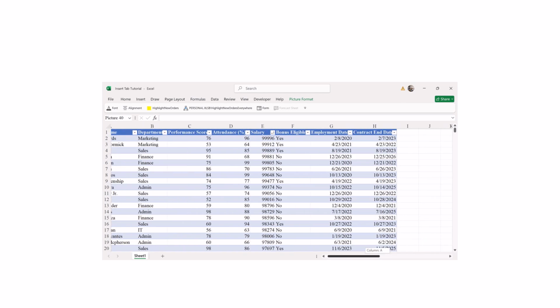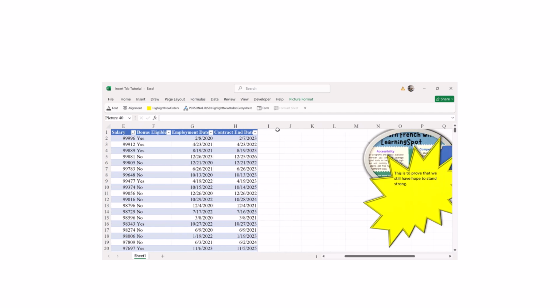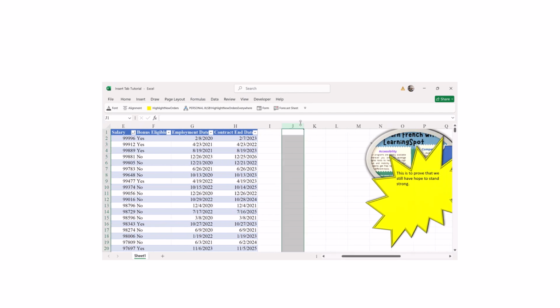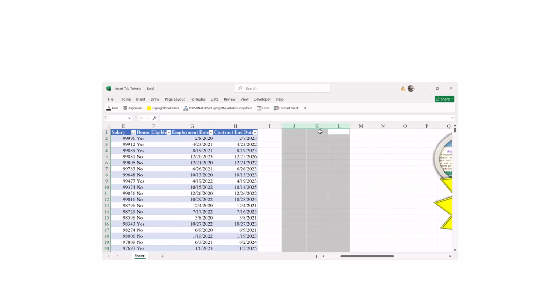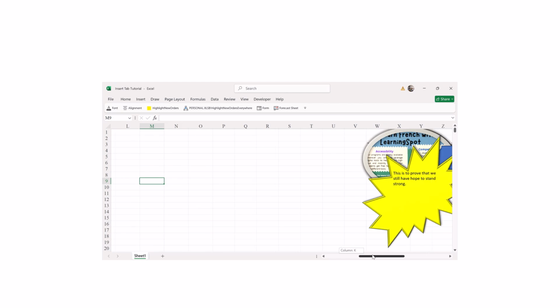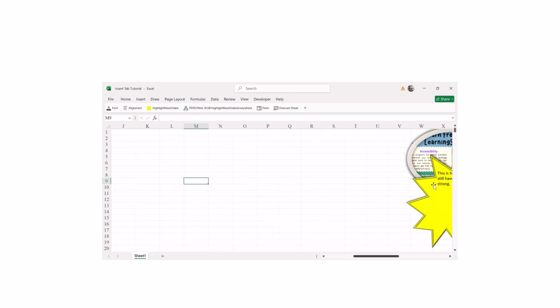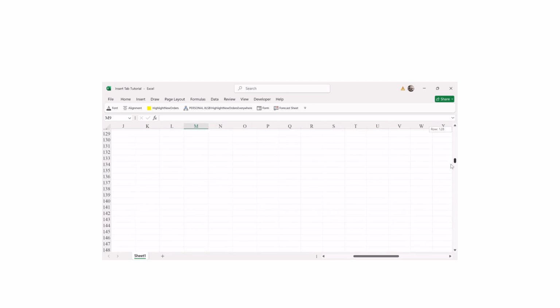And now I would like to add some empty columns just here because we are going to deal with other stuff that shouldn't overlap with these images that we have added. And of course, we need all of them. Now you can see we have an empty space here between the table and